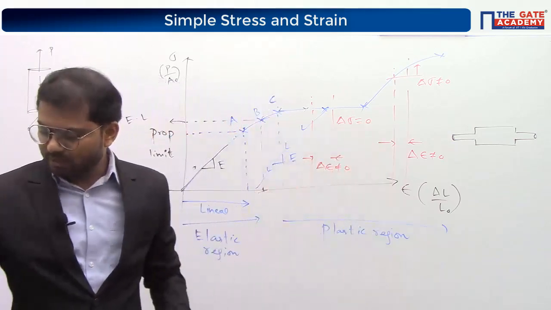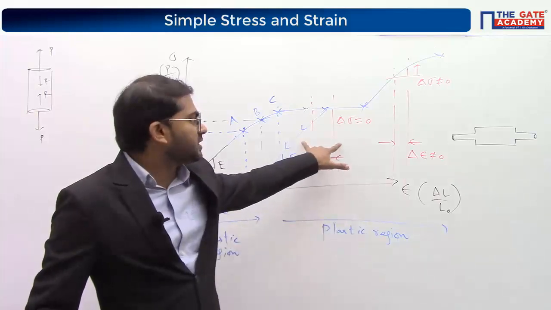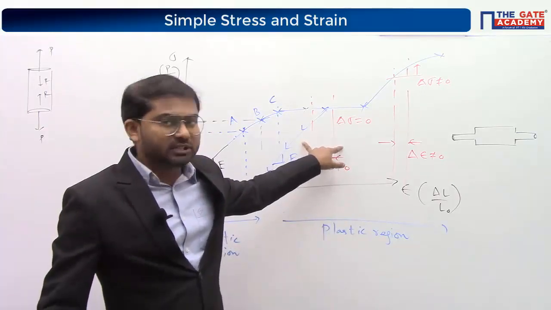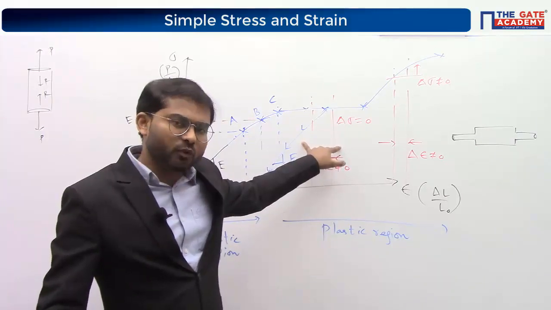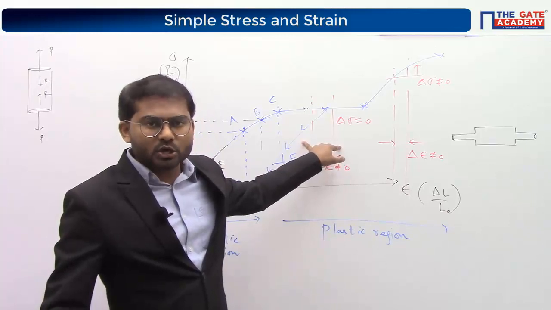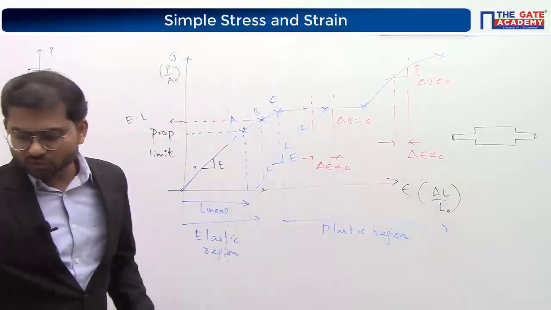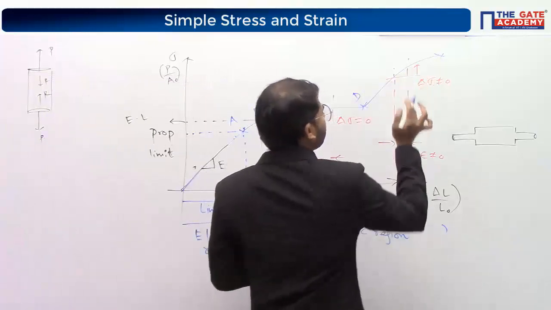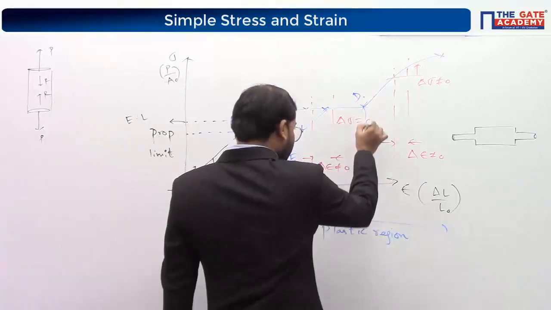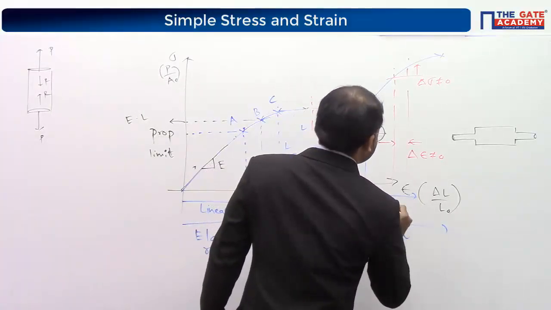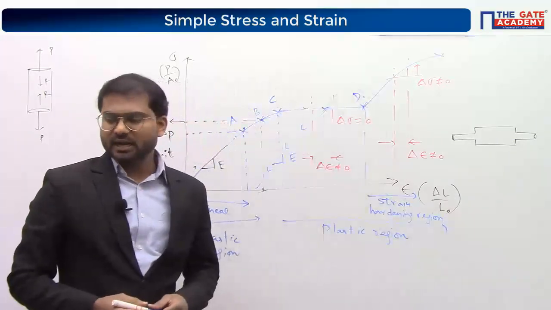The example may be a little bit difficult to imagine, but I hope you have understood that in this region, the initial stage of the plastic region, strictly plastic region, you don't need to increase the value of stress. With a constant value of load or stress, you'll be able to increase the value of strain. But once it goes beyond this point, given as D, we are forced to increase the value of stress, then only it is possible. Clear? And this region, out of this plastic region from here, is given the name strain hardening region. This region is called the strain hardening region.